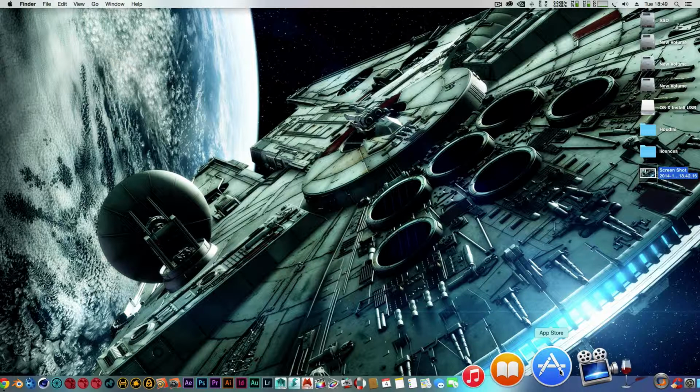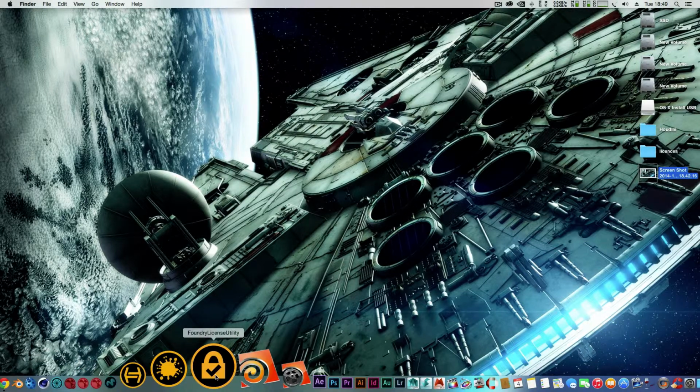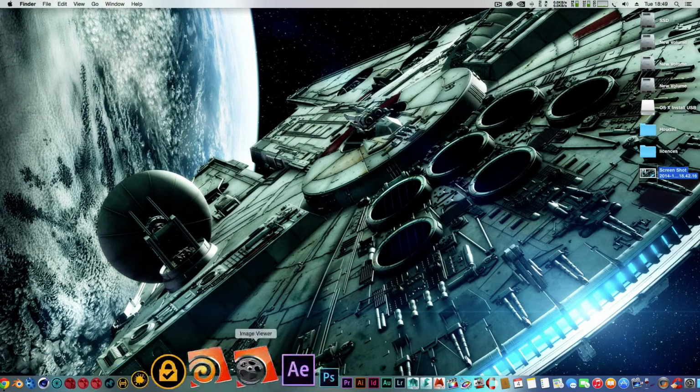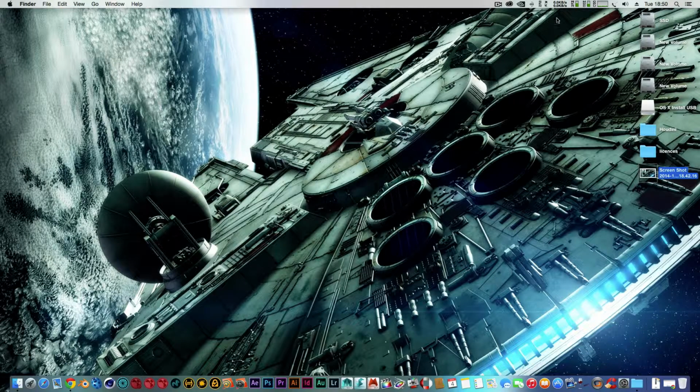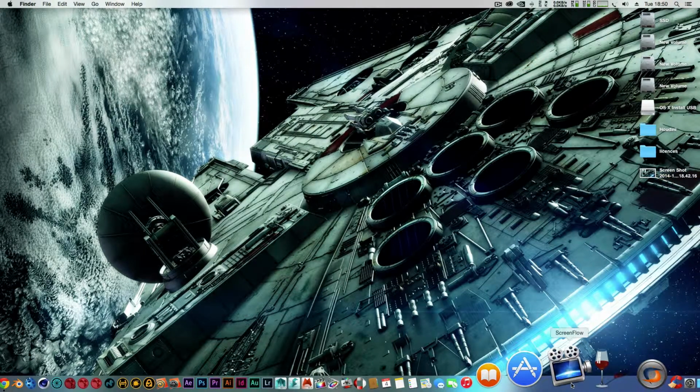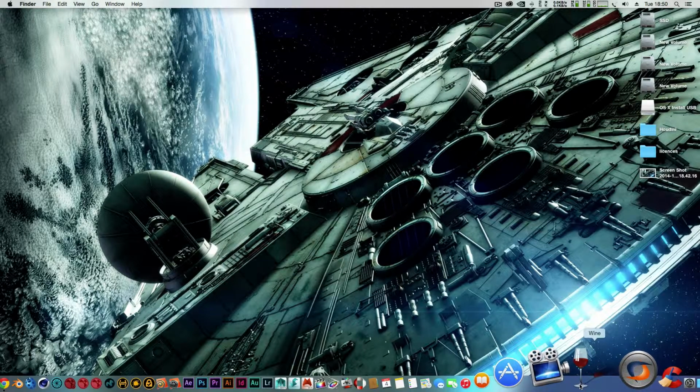App Store, don't really get along with the App Store. Don't really download anything from the App Store because all my programs are quite pro, so I don't really use that unless it's for silly little things like iStat, and so on and so on. ScreenFlow, which is obviously what I'm using now to record, and Wine, which is a very good